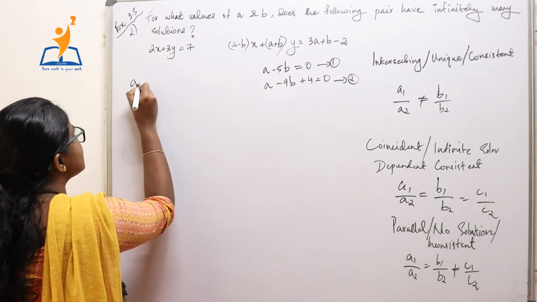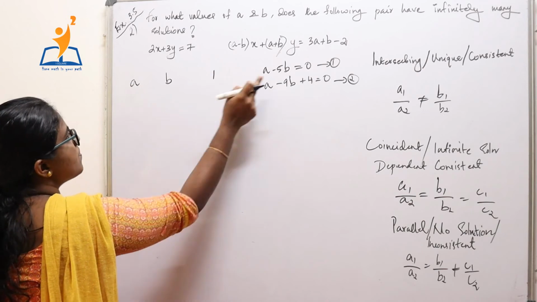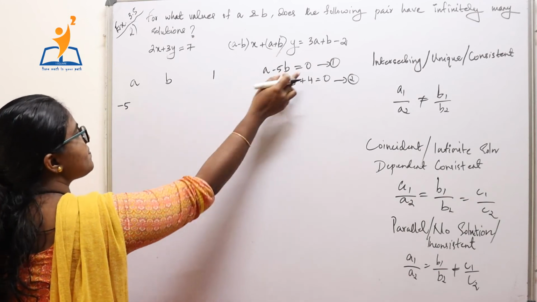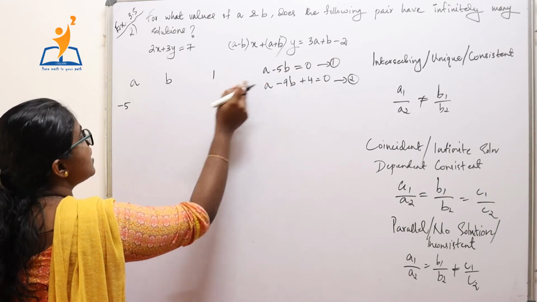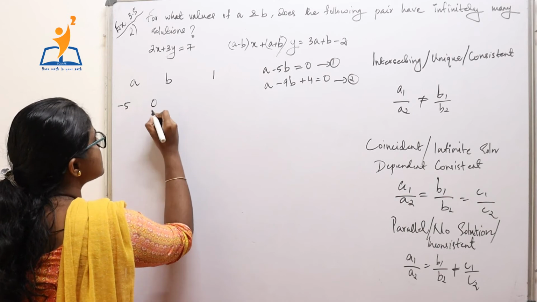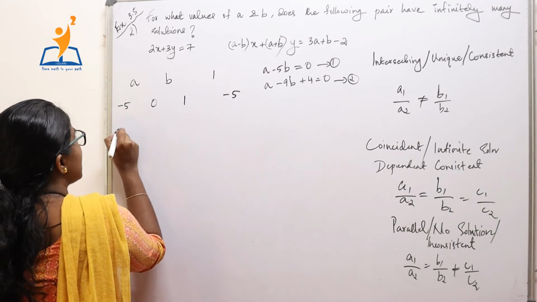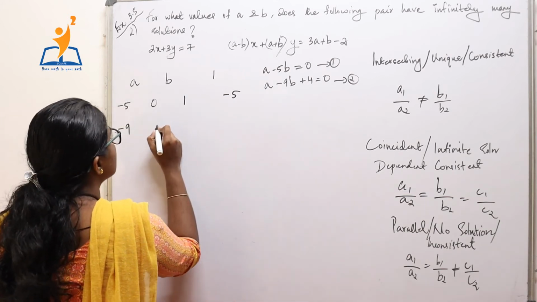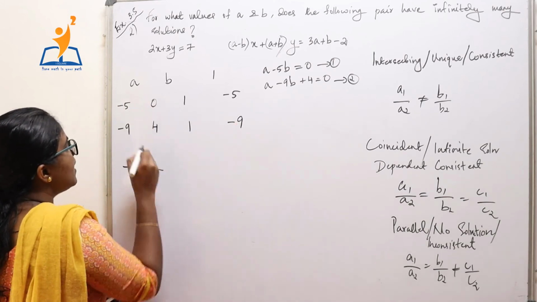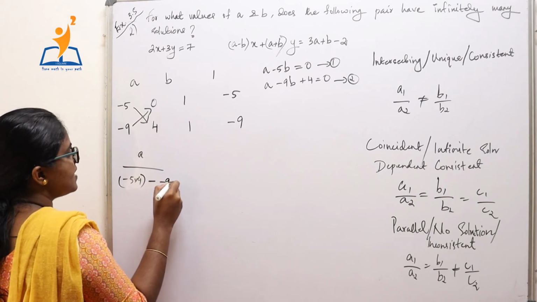So instead of x and y, we write a and b. The coefficient of b, that is b2, is 5. Here we have b1 as minus 5 and c1 as 0, then we have a2 as 1, b2 as 5, and c2 as minus 9, and a1 as 4. So by cross multiplying, a by minus 5 into 4 minus 9 into 0